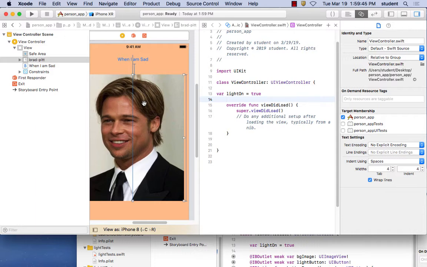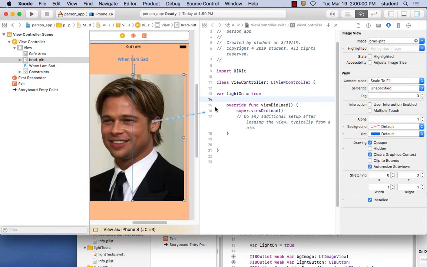To make an outlet, you hold down the control key. So you have to use two hands. Watch, I'm doing two hands here. One with the mouse, one with the key on the keyboard. I'm going to hold down the control key, grab Brad Pitt, put my cursor over Brad Pitt, and drag over